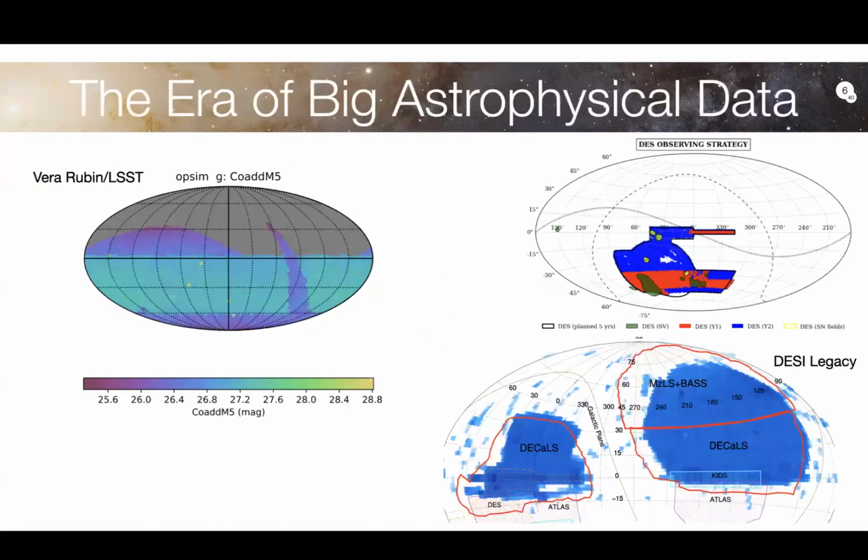So that's where I'm coming from as a theorist, and it's a really interesting time right now because astrophysics has a tremendous amount of data. It's an era of big data in astrophysics, right? So you've got Vera Rubin, LSST coming on. You'll see the entire southern part of the sky. There are existing surveys that cover large parts of the northern sky. And